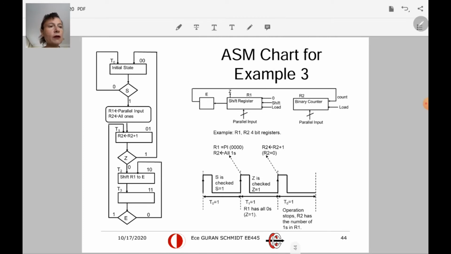So now let's think about the ASM chart. We have the initial state, T0. If the start signal is 0, I'm back at T0. I encode it as 0, 0. If the start signal is 1,